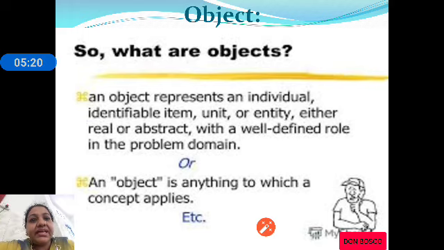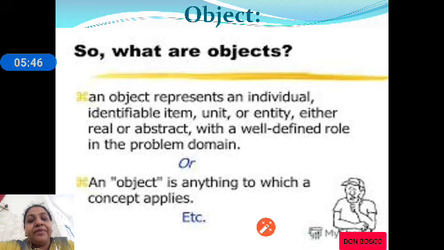We can say that an object represents an individual identifiable item, unit or entity, either real or abstract, with a well defined role in the problem. It is not required that it should be a human being; it can be a thing, it can be a concept.